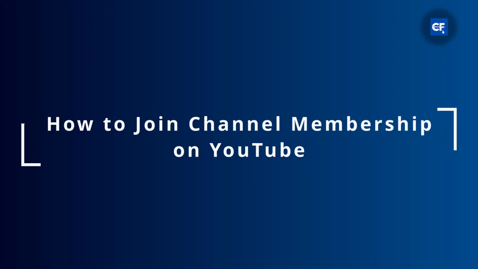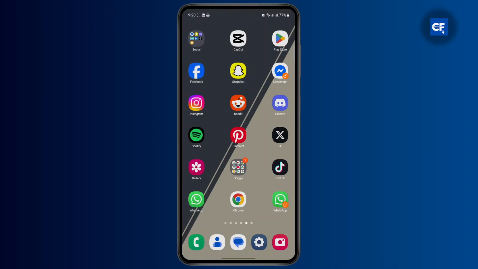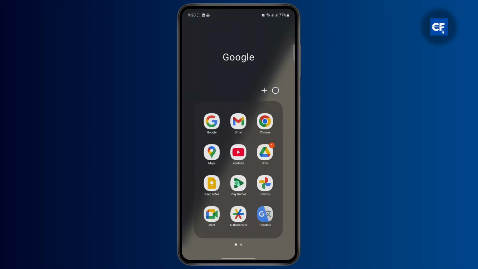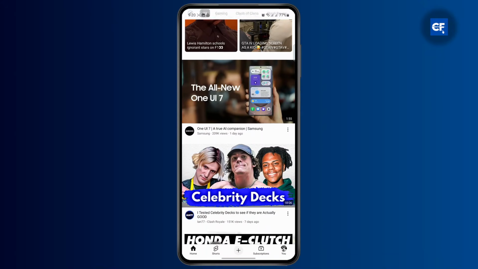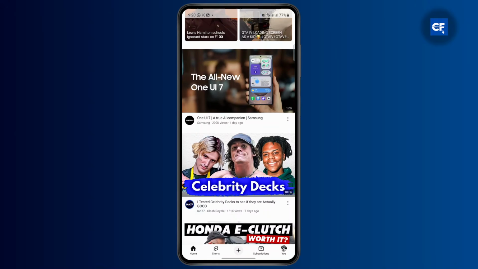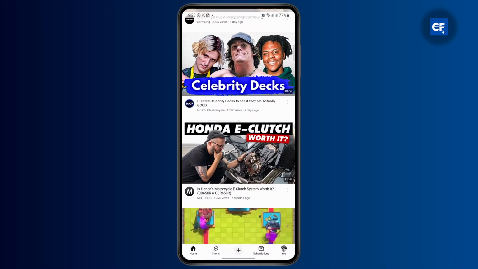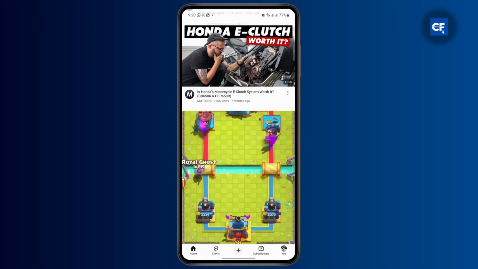How to join a channel membership on YouTube Mobile. First thing you're going to have to do is simply open up your YouTube application. So channel membership is a feature on YouTube that allows you to have exclusive access to different content on different